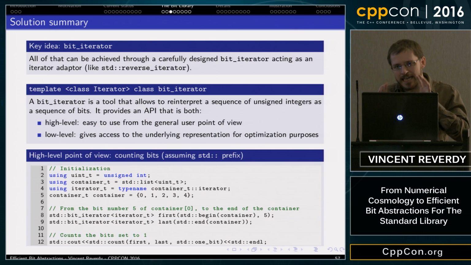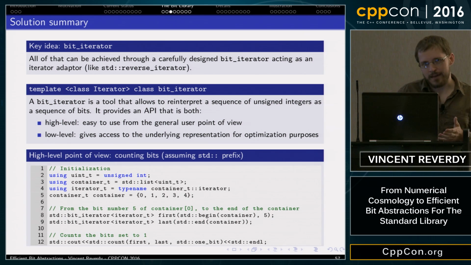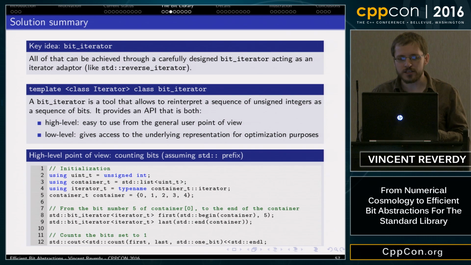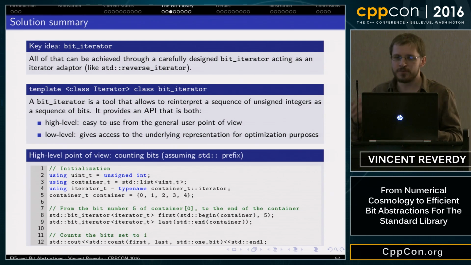So the solution, the key idea, is that the thing at the center of this library is a bit iterator. All of what I spoke about can be achieved through a carefully designed bit iterator, acting as an iterator adapter, like std::reverse_iterator. It's the same kind of thing.